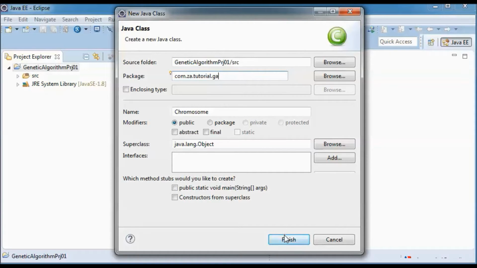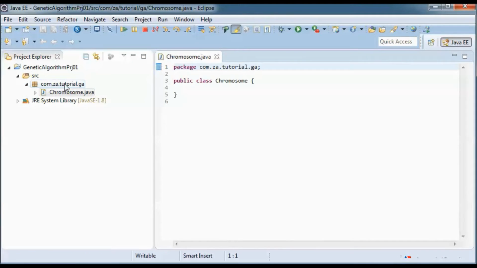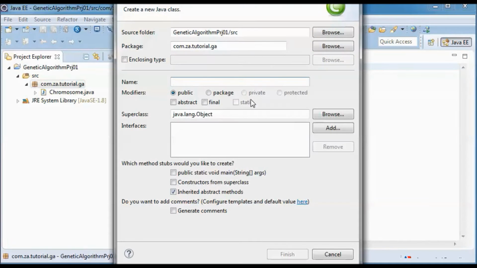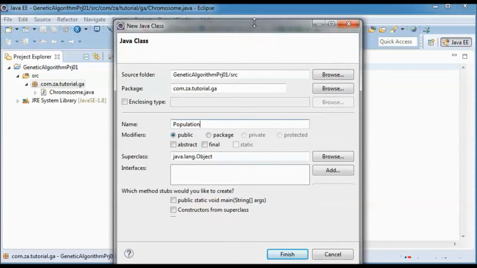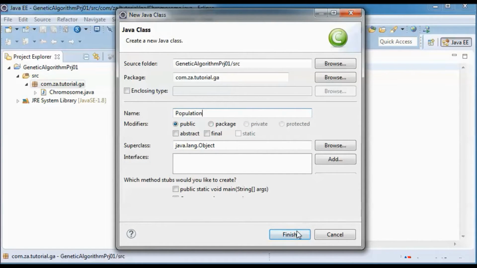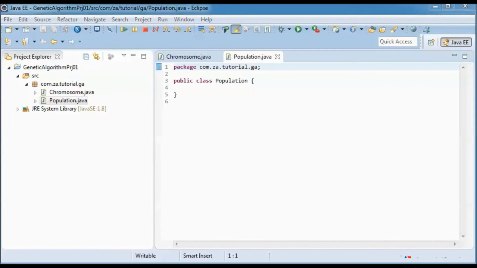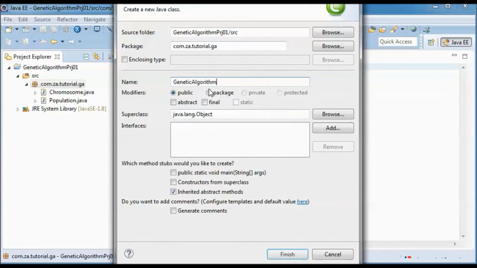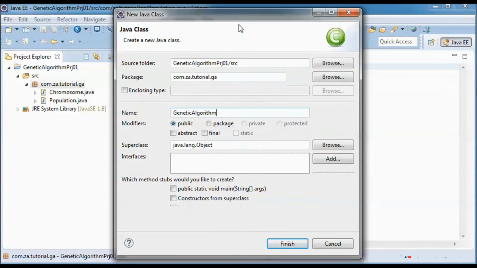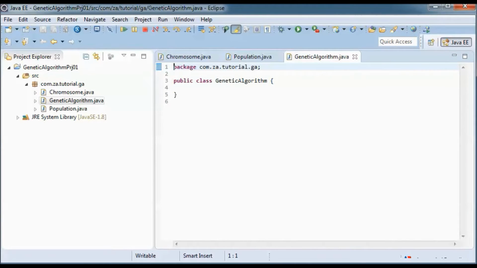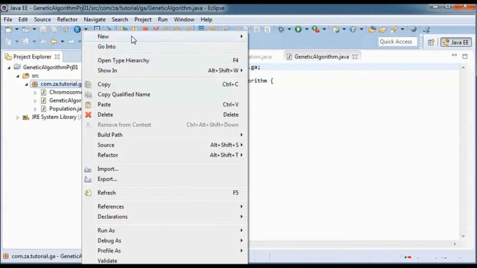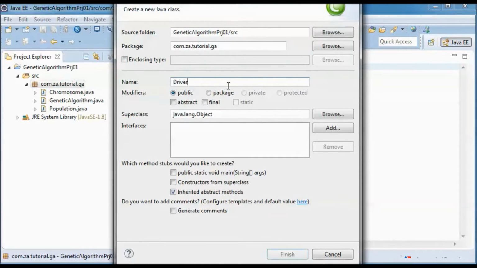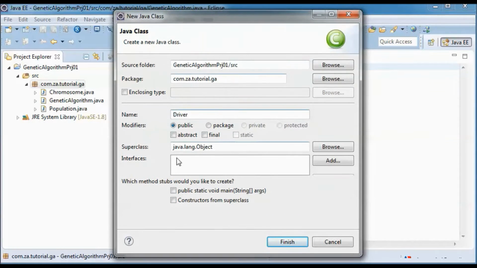It will be in this package, and a chromosome represents a candidate solution, and it will have a population class representing a population of chromosomes, and a class that manages the operations of the genetic algorithm that I will just call genetic algorithm. And the application driver class that will have a main method.